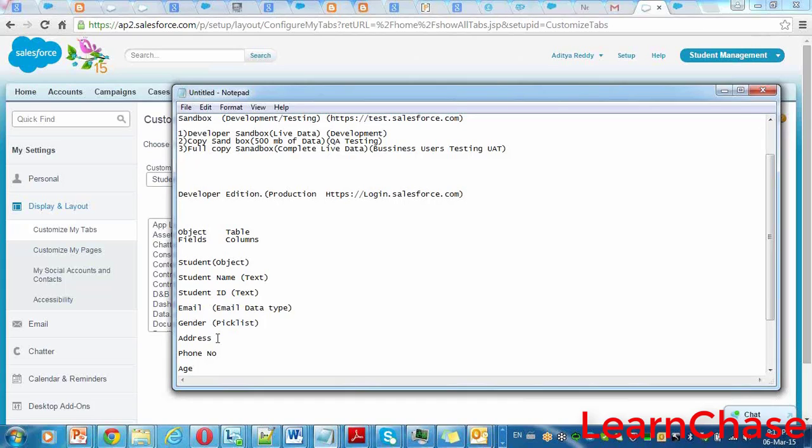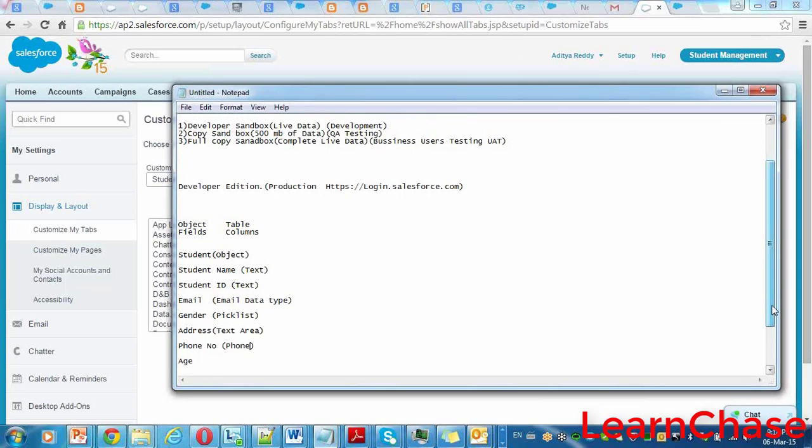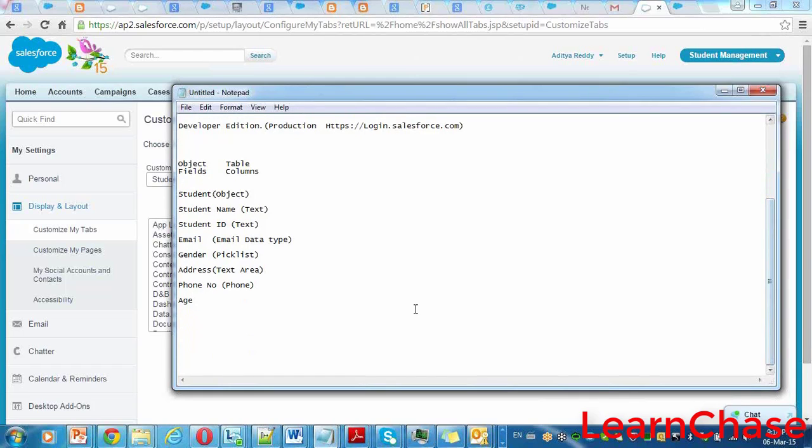For address, we will take the data type as text area. It can have more than 256 characters, right? Phone number. For phone number, we have a data type called phone. Okay. For age,